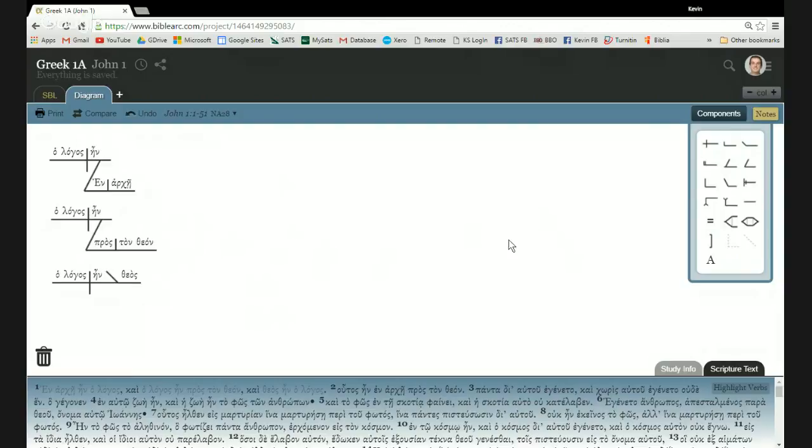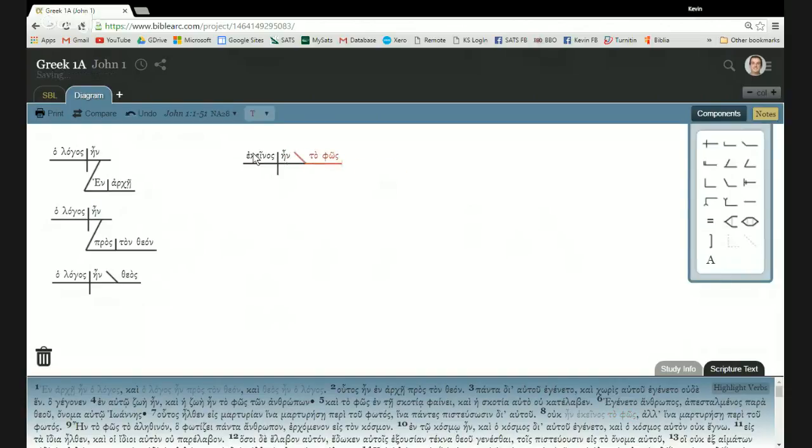Okay. Let's do another one. Yeah, we've got one down in verse 8. Ouk ein ekeinos, that one. Ekeinos means that one. You may not have learned it yet. It's often used in a manner similar to a personal pronoun. It's actually a demonstrative pronoun. To phos, the light. To phos means the light. So this is John, and it's saying ouk ein ekeinos to phos. I'm going to ignore the ein and just going to diagram it as if it's saying he was the light. So ekeinos ein